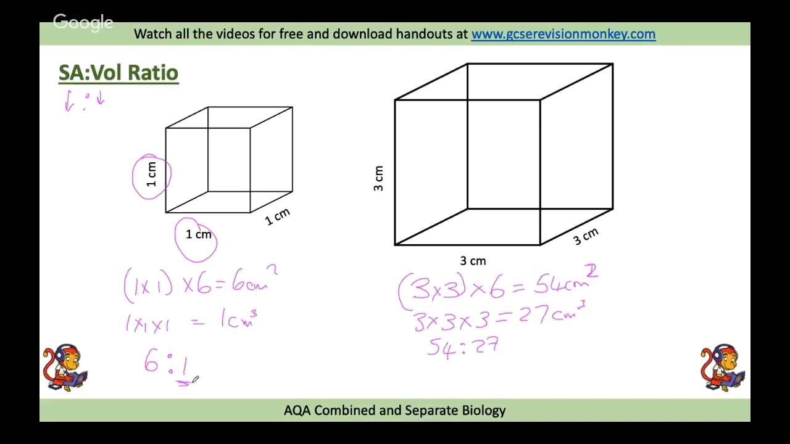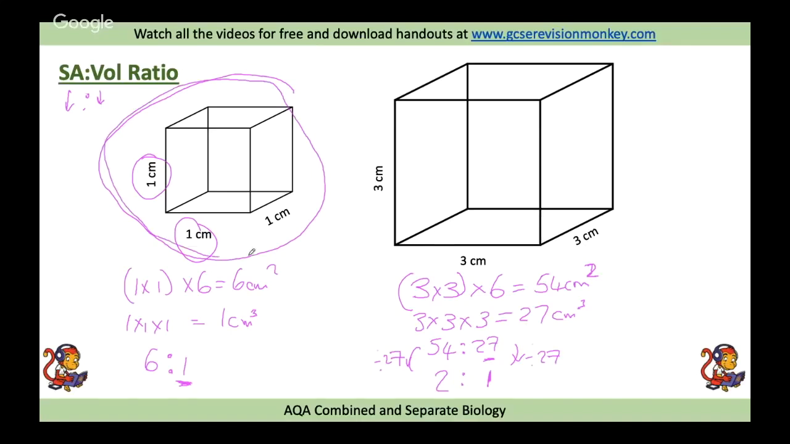So because this one's at a 1, if we try and also get this side to a 1 by dividing it by 27, that will give us 1. And we need to do the same to the other side, divide by 27, and that gives us a ratio of 2. So you might need to do that calculation and also understand that smaller organisms,